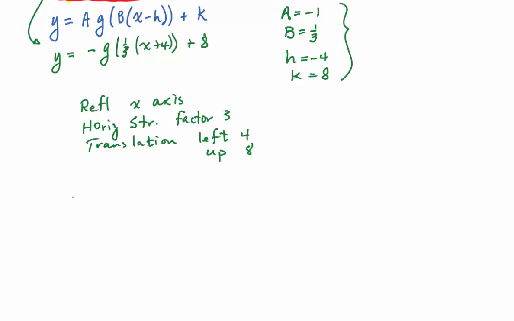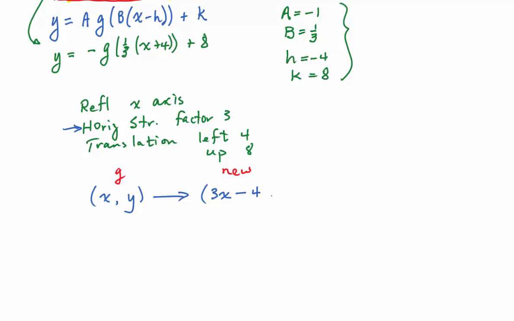Putting these together into a transformation rule, which is a useful thing to look at, tells us that any point x, y on the graph of g will be transformed into another point on the new graph. And that point would be, well, let's think about it. We have a horizontal stretch by factor 3, so that would multiply the x value by 3, so we write 3x. And we have a translation left 4 after that, so we would take away 4,